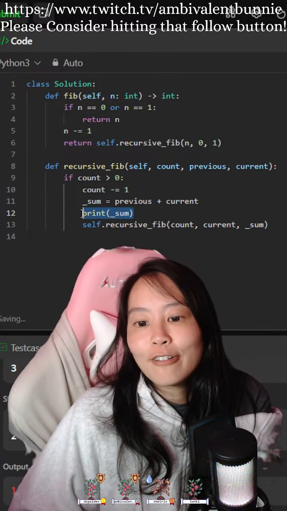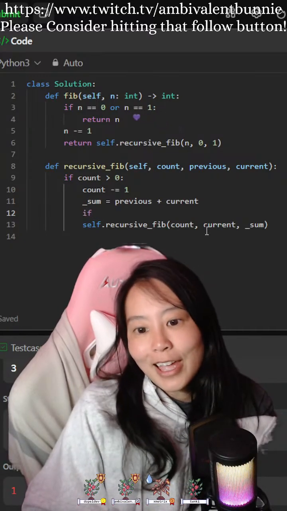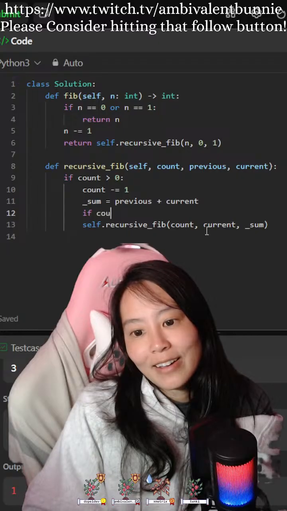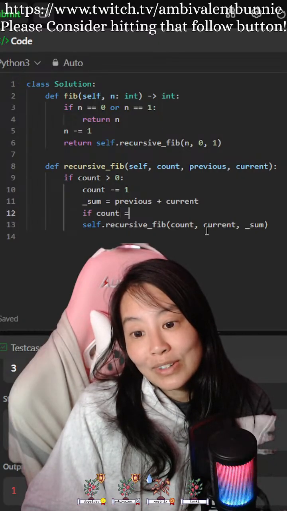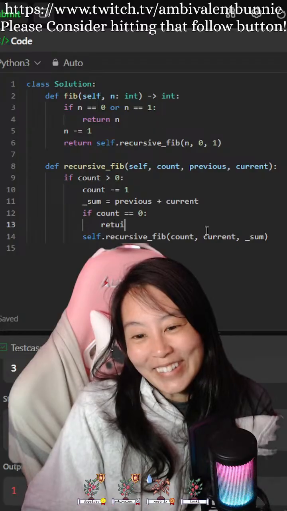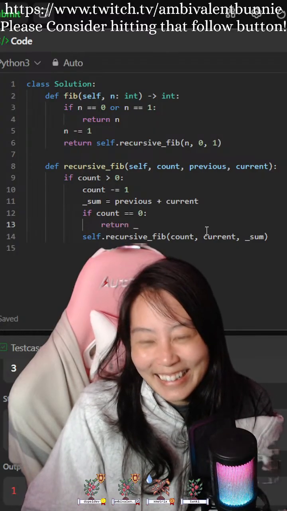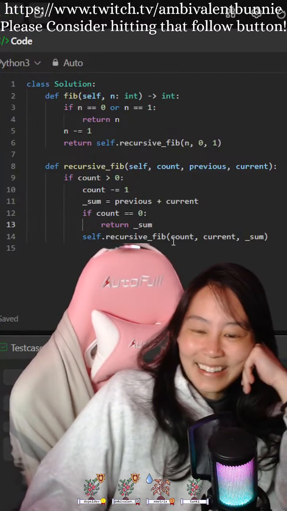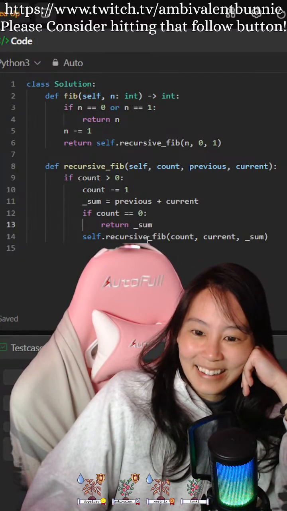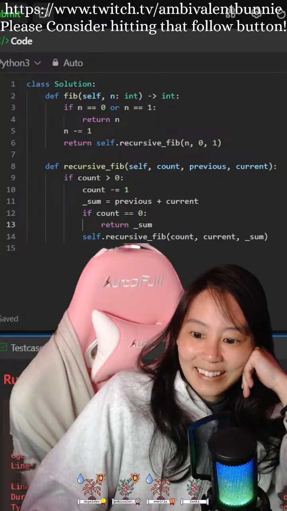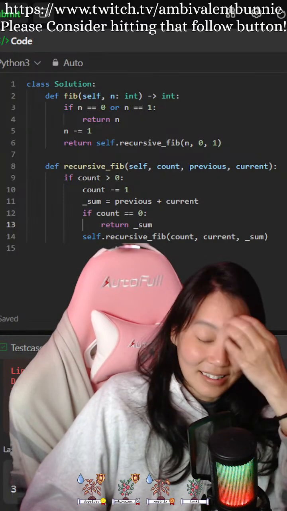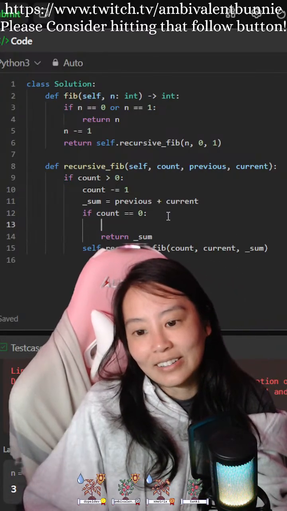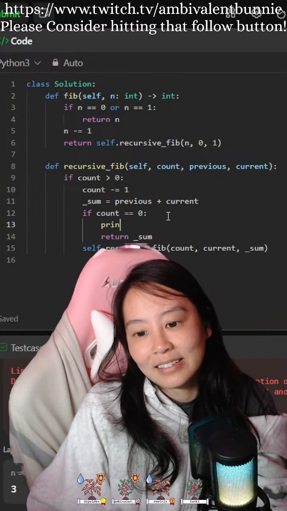If count equals 0, return sum. None type. Okay. So n. This is the last one. Okay, hold on. Hold on, guys. Print.